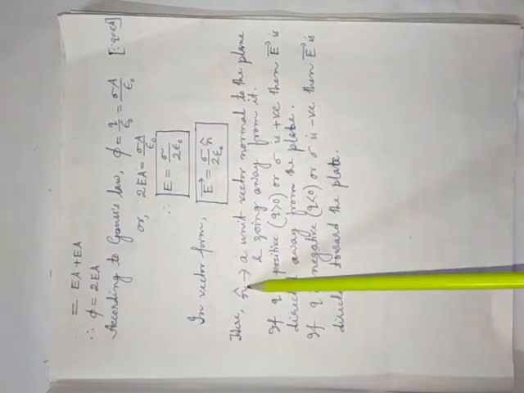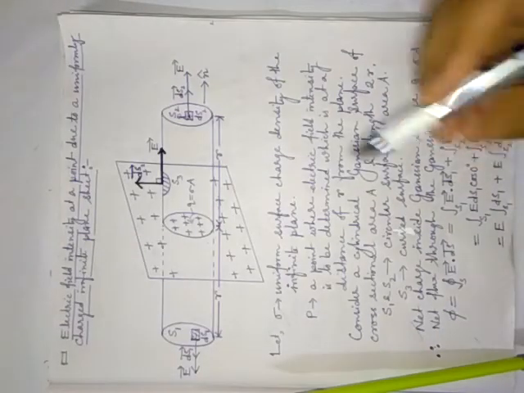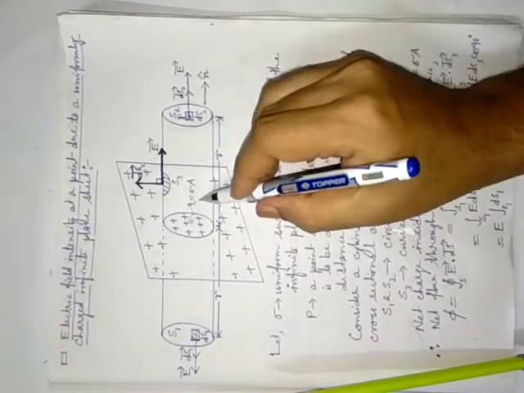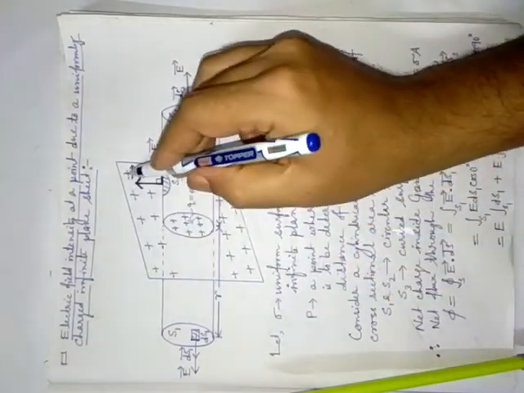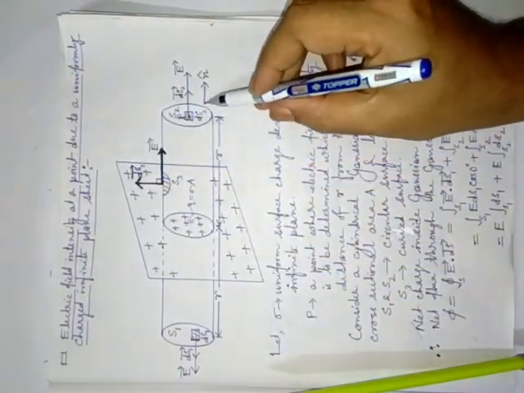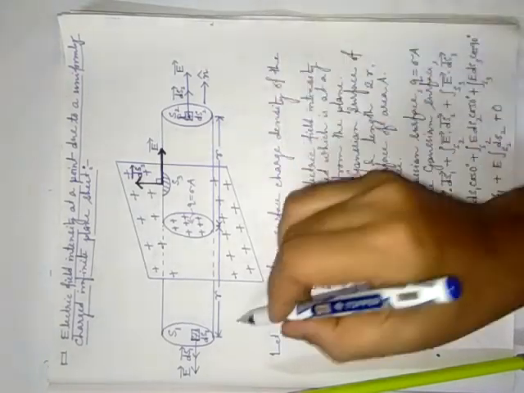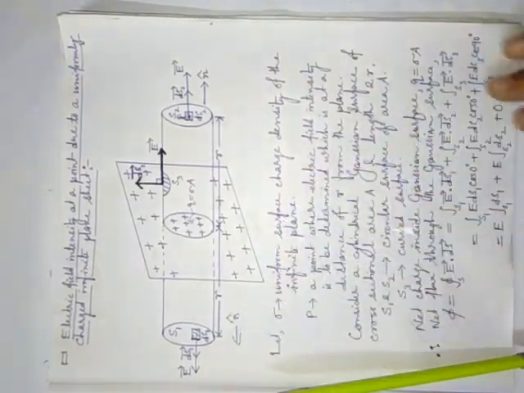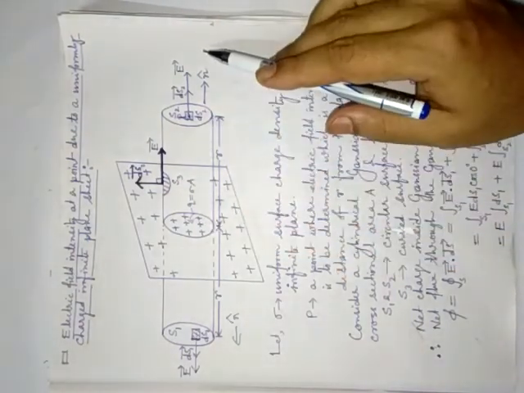According to Gauss's law, phi is equal to Q by epsilon naught. Q means sigma A. And after calculation, you will get this: in vector form, E vector equals sigma by twice epsilon naught. This is the magnitude only. But if you write in vector form, then you have to put here a unit vector, n cap. What is n cap? A unit vector normal to the plane and going away from it. That means n cap is a unit vector which is perpendicular to the plane of the sheet, the infinite sheet. If you draw here, n cap will be along this direction, and it is always outward from the plane.